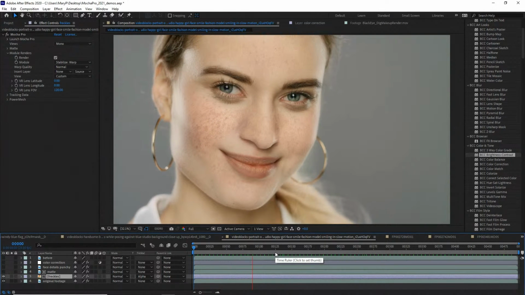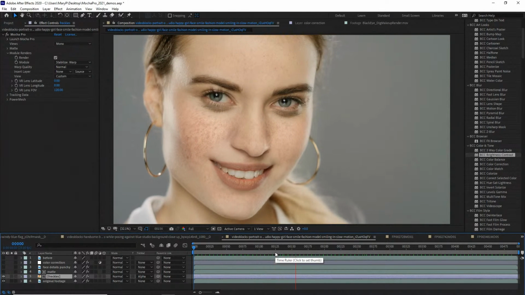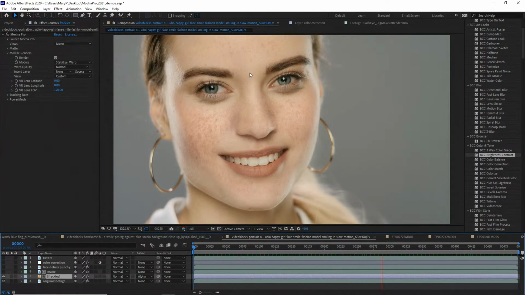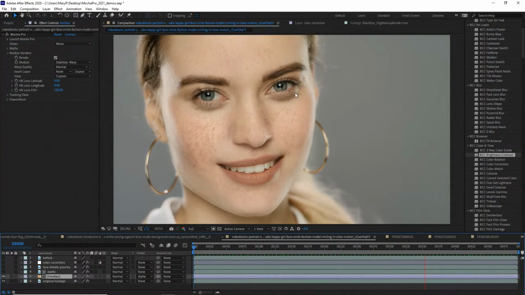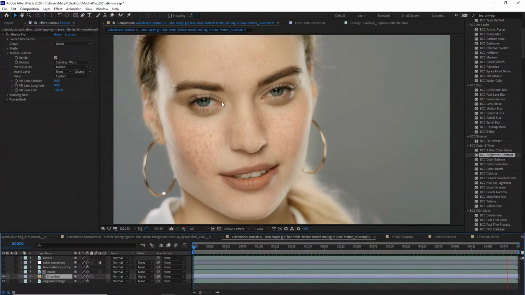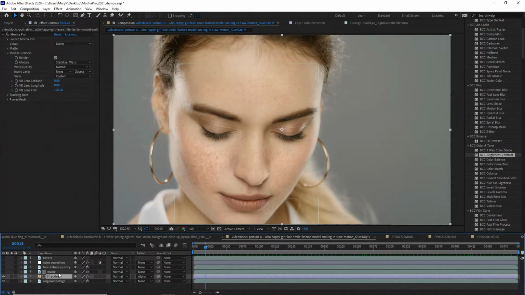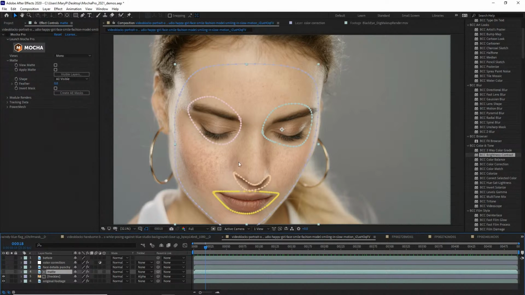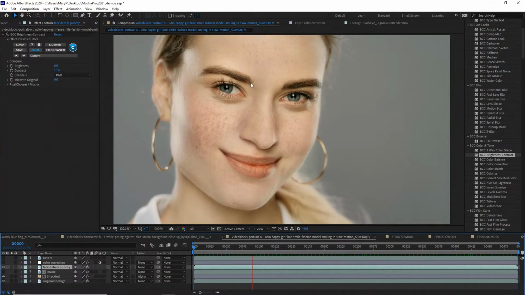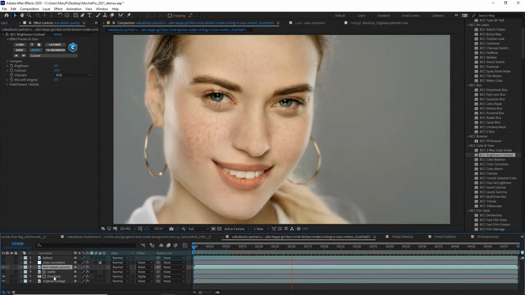So now what we end up with is these freckles put on her face according to a still frame that we created of freckles on her face. Now, you can tell that because of our still frame, we have some things like some eyelash lines here down at the bottom of her eyes and other things that we don't want to keep on this shot. So what we're going to do is use that same mat that we took in Mocha, okay? And we're just going to isolate certain areas of her face, like her eyes, and punch up those details really quickly so that we get rid of any errors from our still frame that